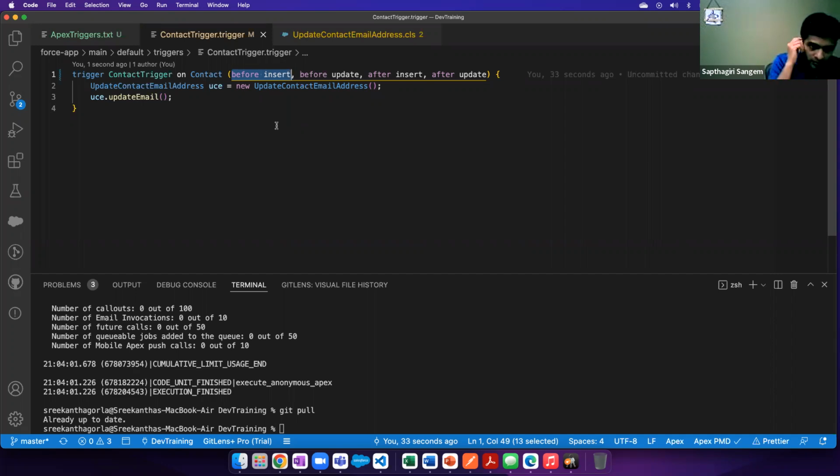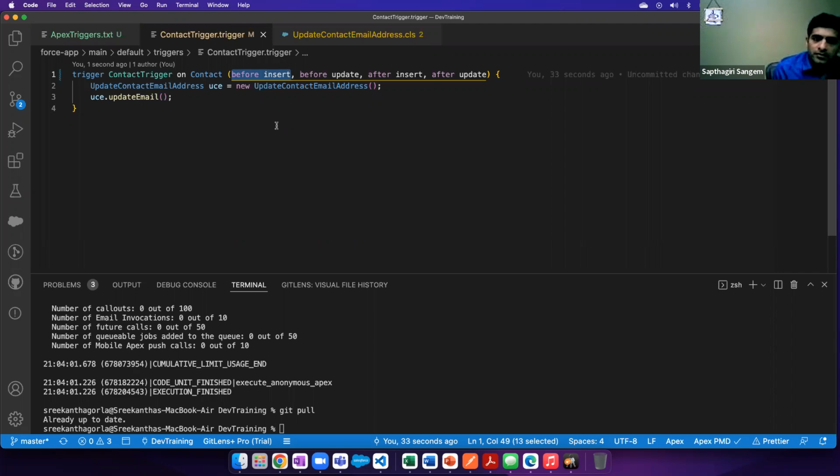If you do it in before, sometimes some validation rule or something else might prevent the transaction. At that time, you don't want to create that tail record like an opportunity for that account. That's why it's advised to do different object operations, especially if you want to create or update some records, in after